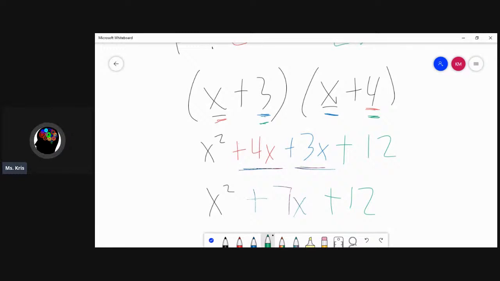Now, there are rules to your binomials. If you notice, if it is plus and plus, it will be plus and plus. If it is negative and negative,